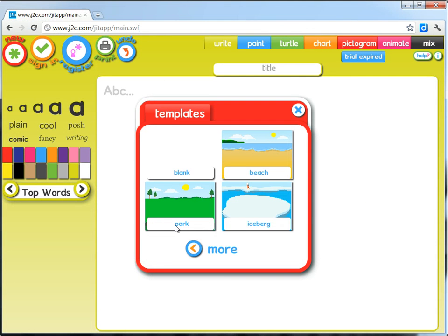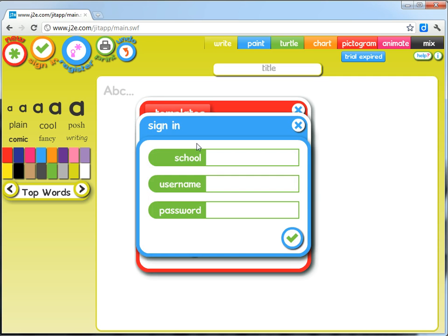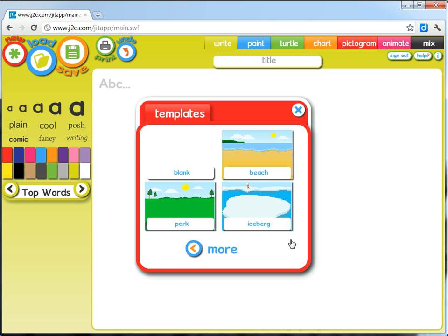So once you get to this screen, what you need to do is click on the sign in button here and type in all the details to sign into your account. Your teacher should be able to give you these details. So I'm entering mine, and once you've entered them in correctly, you press on the green tick, it'll sign you into the JIT software. I know I'm signed in because this orange button no longer says sign in, it says